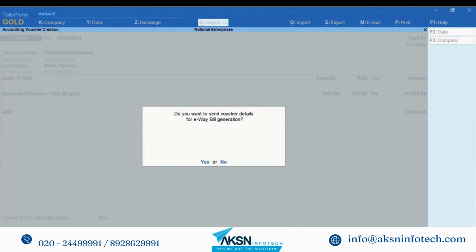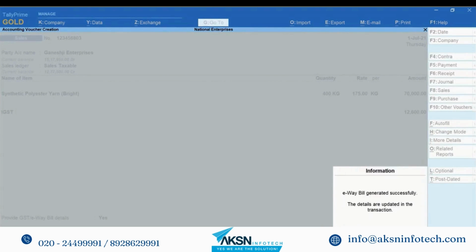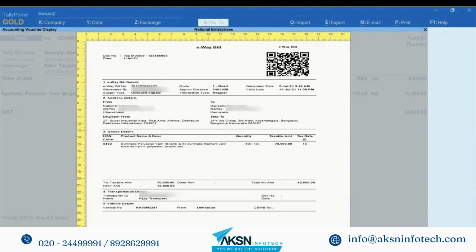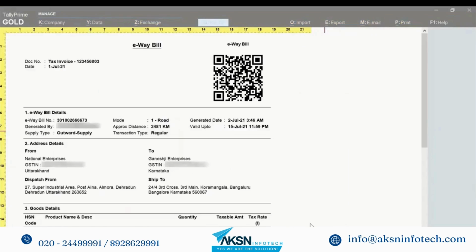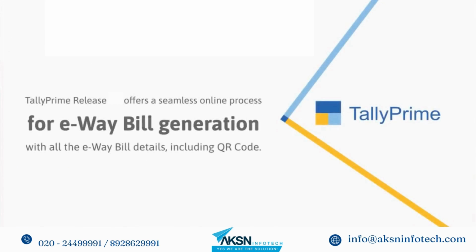आप कंट्रोल ए दबाएं। कंफर्मेशन स्क्रीन दिखेगी। ई-वे बिल बनाने के लिए Y दबाएं। टैली प्राइम ई-वे बिल सिस्टम के साथ जानकारी एक्सचेंज कर रहा है। जैसे कि आपने देखा, टैली प्राइम रिलीज 2.0 से आपके लिए QR कोड और ई-वे बिल संबंधित सारी जानकारी के साथ ई-वे बिल बनाने के लिए एक ऑनलाइन